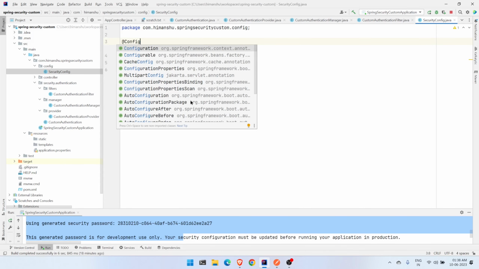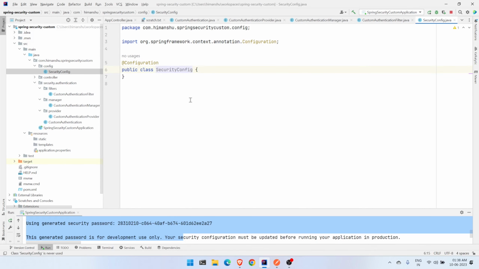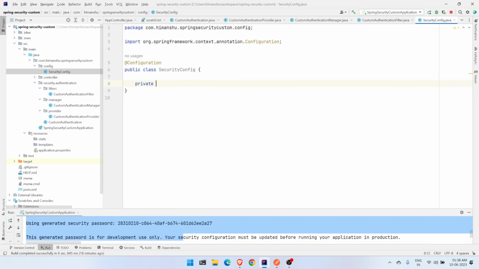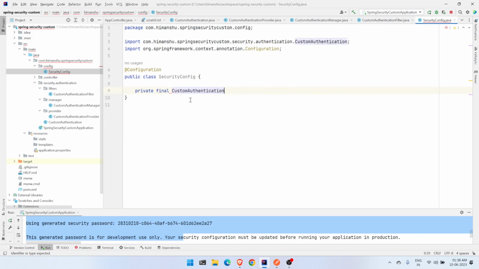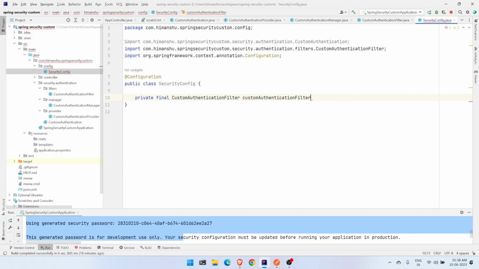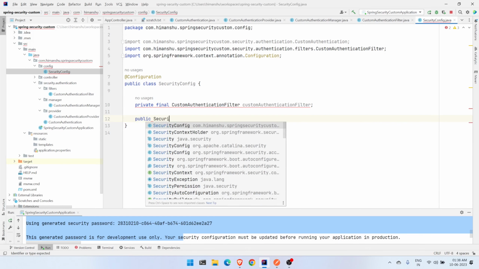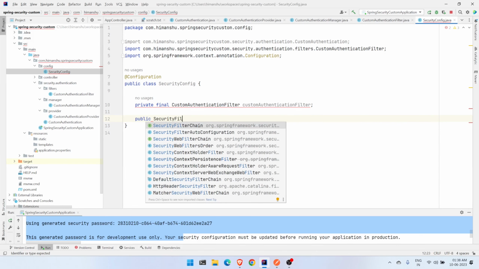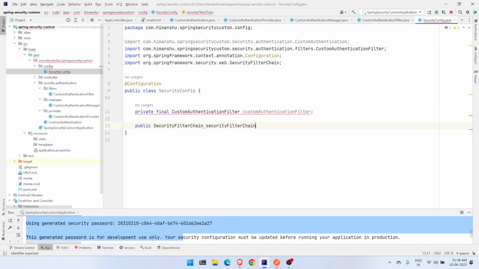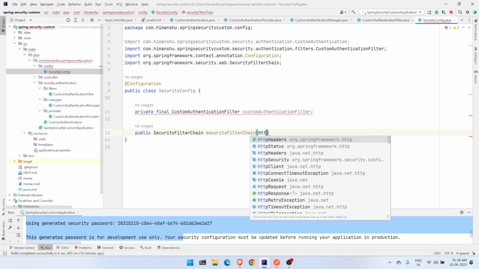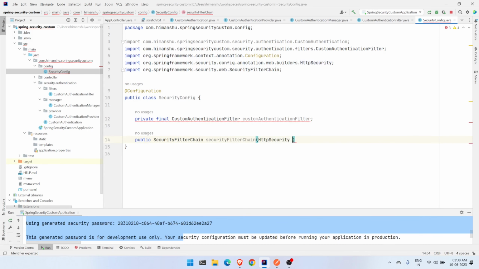It will be a configuration, and then we say private final, since we are going to wire the custom authentication filter, right? And in this we are going to create a bean of SecurityFilterChain. So we say like this, and we are going to use the HttpSecurity like this,